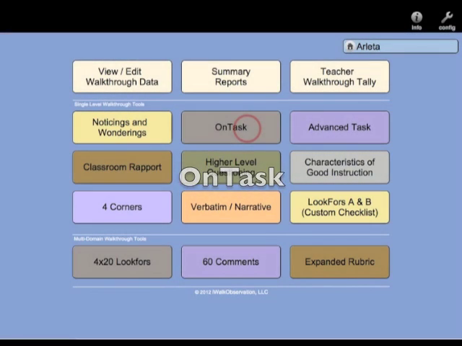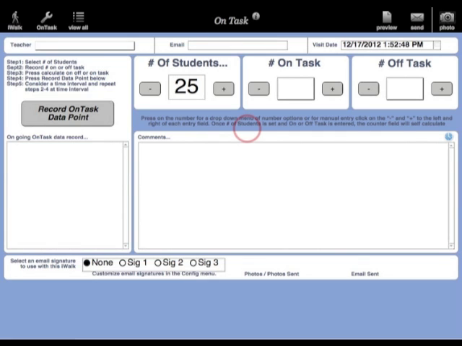Let us take a look at the OnTask tool in iWalk Observation V4. The OnTask tool is a very simple counter that allows you to calculate and produce an on-task analysis during your visit in a classroom. When you click on the OnTask tool, you're presented with this screen, and of course the